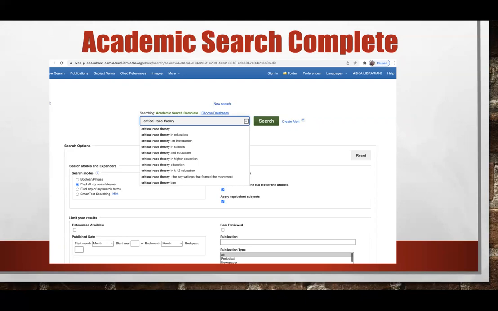Critical race in education, an introduction in schools, critical race theory in education, critical race theory in higher education, critical race theory in education, in K through 12 education, and the key writings that formed the movement, and the ban.